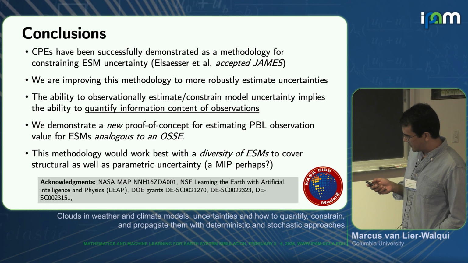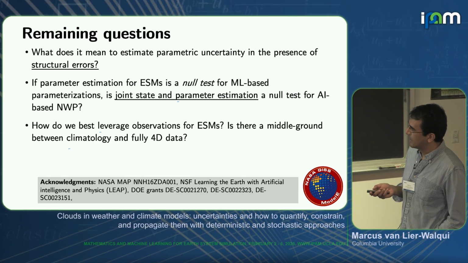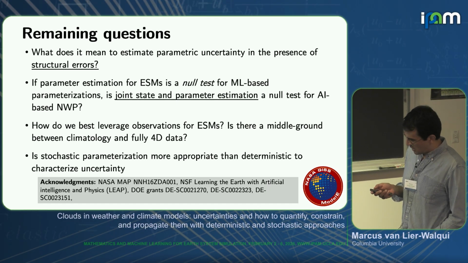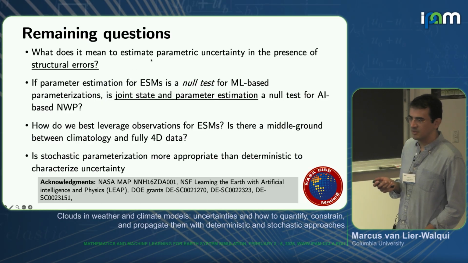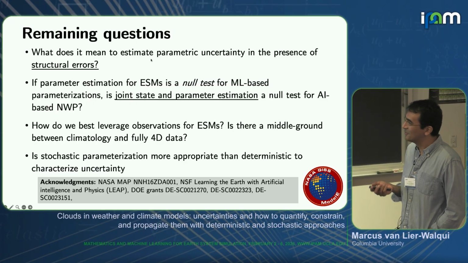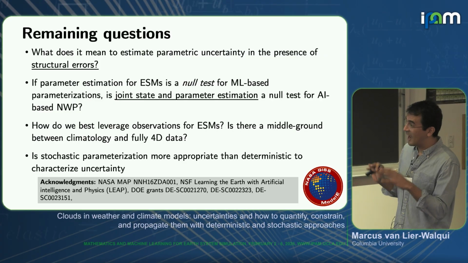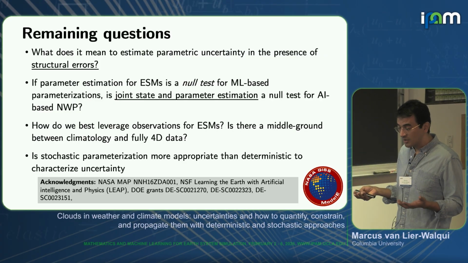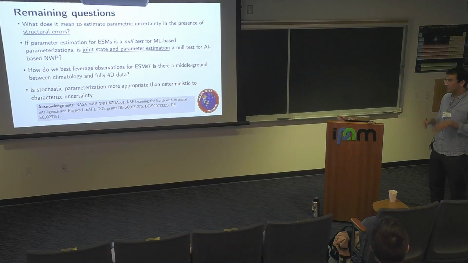Okay, so conclusions. I'm actually going to skip past the conclusions and just talk about maybe some disturbing questions. What does it mean to estimate parametric uncertainty in the presence of structural errors? We think that that's meaningful, but I don't think it is actually, or I think it needs to be questioned how meaningful that is, right? Our solution to Bayes' theorem is still conditional on all those structural assumptions in our model. So what we get out of it is something that is correct according to the way we form that equation, but is it what we want, right?